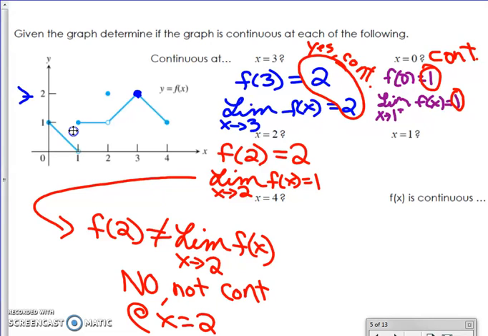Okay. Let's take a look at x equals 1. Again, the first thing you want to do is evaluate. So at x equals 1, you're right here. That's where the closed circle is. So your y value is 1. So we say that f of 1 equals 1. Now we want to find the limit